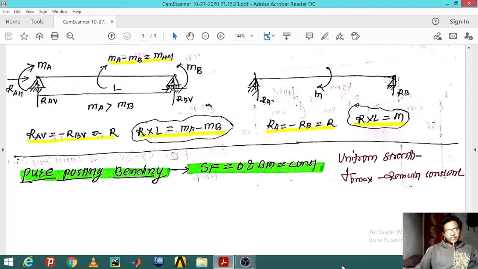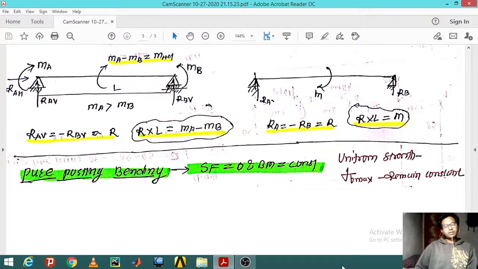Here is another example we have taken. If only a moment is going to act on the beam, the resultant forces at both ends equal the resultant moment divided by the span of that beam. But here there is a variation. In another example, the moment at both ends, the resultant or net moment, is going to be Ma minus Mb, because the moment at A point is greater than the moment at B point. So the R value at both ends is equal to (Ma minus Mb) divided by L. In the other direction it is M divided by L.